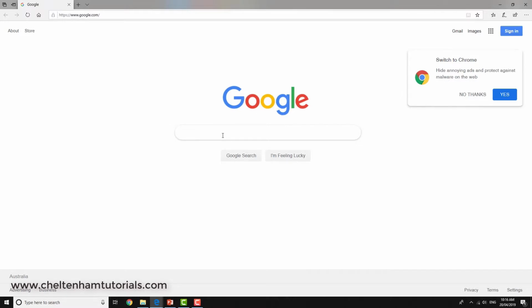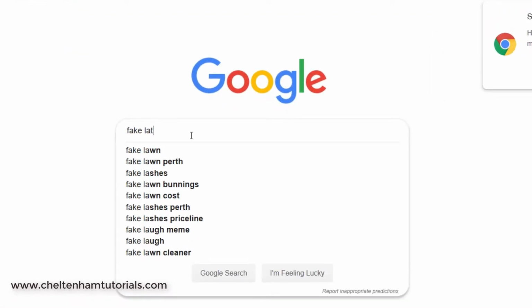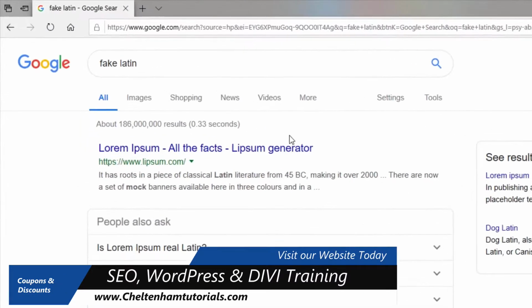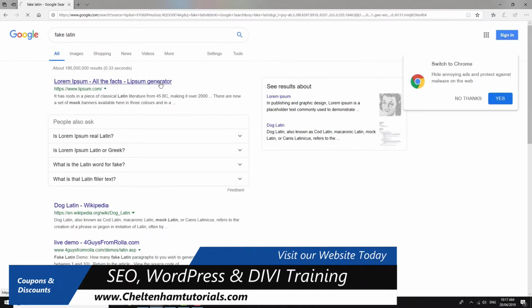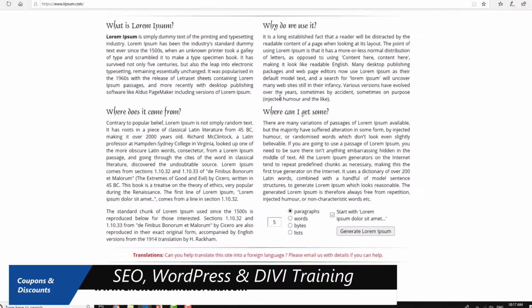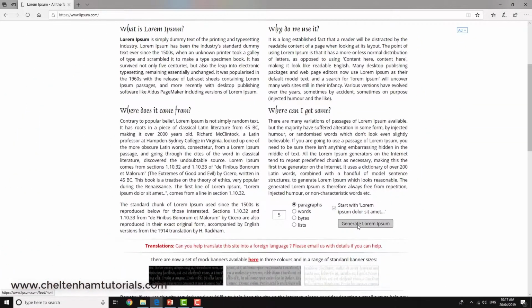So if you just bring up Google and search for the phrase something like fake Latin, as you can see, this page comes up first. You go and click on that, and if we just scroll down a bit, by default it'll create 5 paragraphs. That's enough for us. So click on where it says generate the fake Latin,